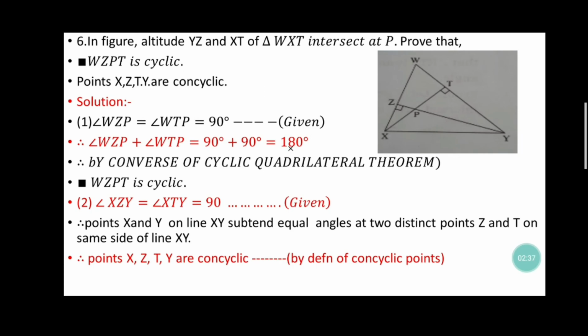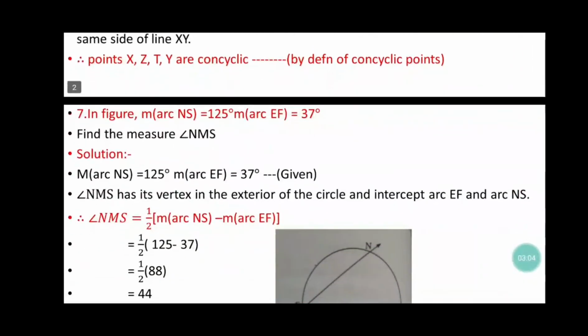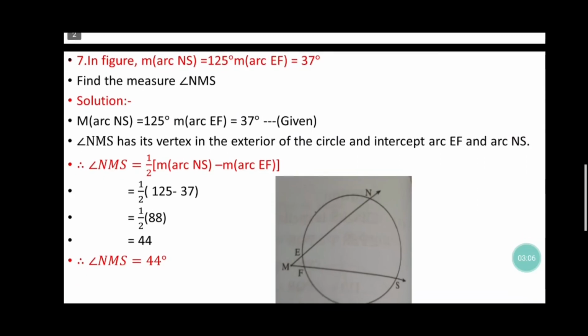Now two angles so formed are 90 degrees. Okay, and they are subtended on the line XY. Fine. So the angles are on the same side of line XY. So by the definition of concyclic points, points X, Z, T, Y are concyclic. I hope I'm clear. We are moving to the next problem now. The next problem is